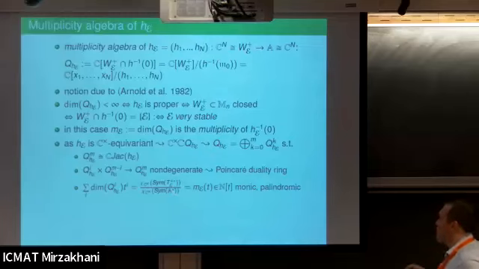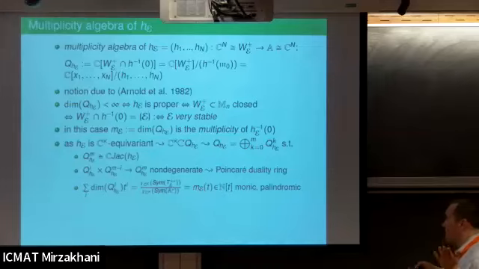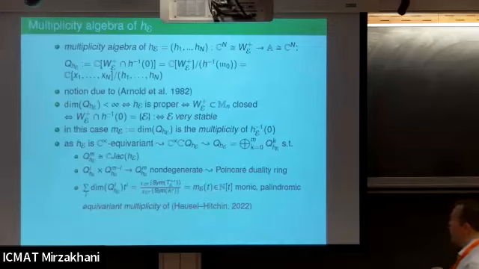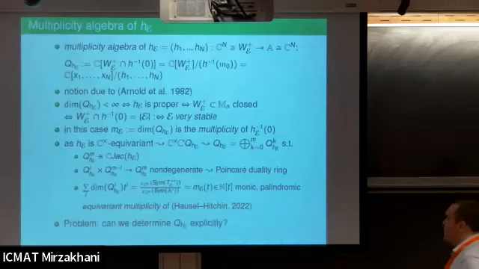That Poincare polynomial is what we, with Nigel in the paper, already defined without knowing all this beautiful geometrical understanding. We just defined this as an equivariant multiplicity. We proved that this is monic and palindromic, but both of them follow from this much richer structure of this finite dimensional complete intersection algebra, Poincare duality ring. And then the quest became, once we have identified this algebra, can we understand these multiplicity algebras explicitly?